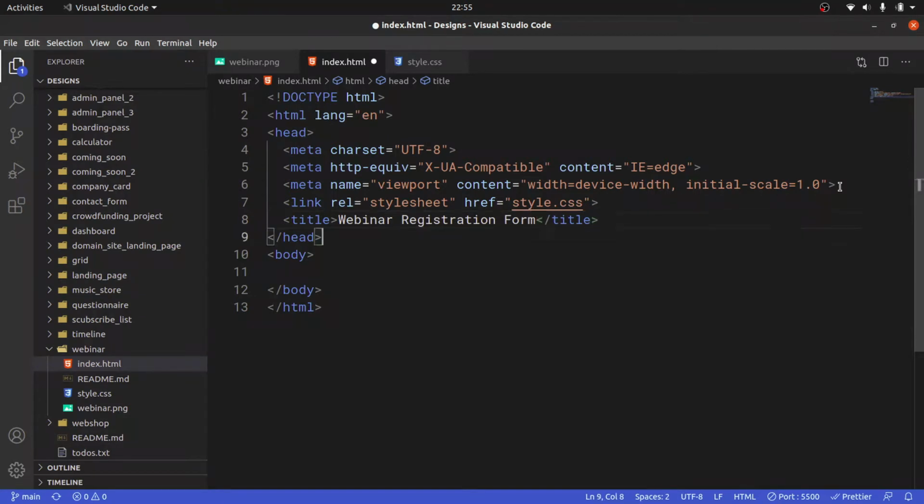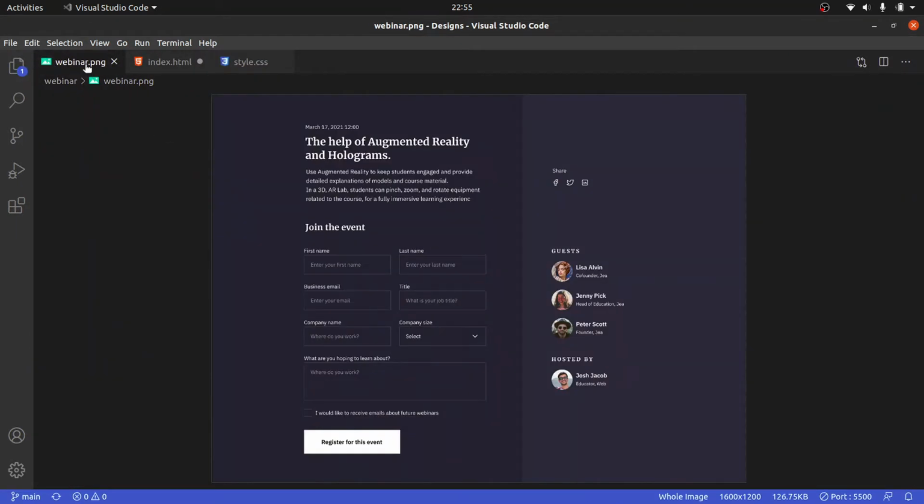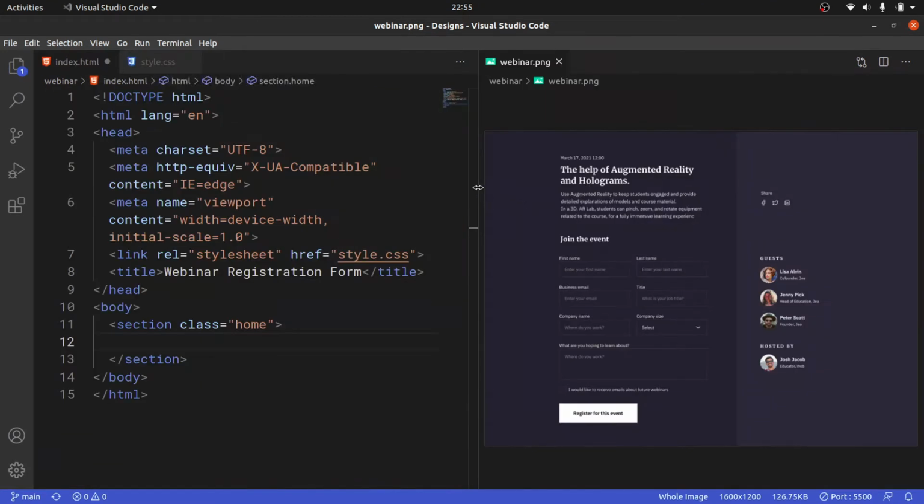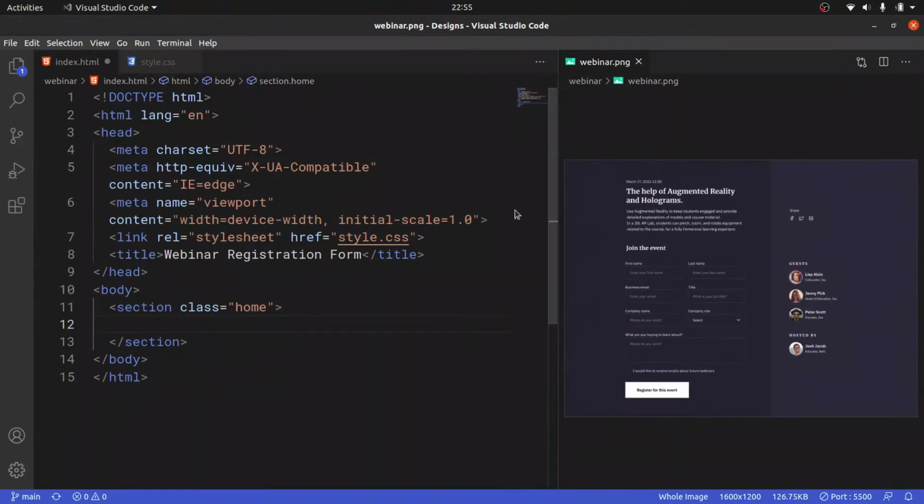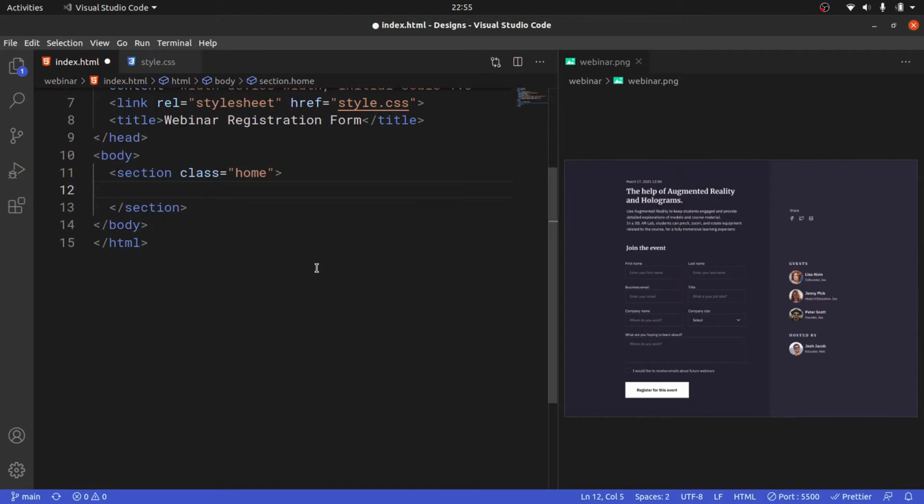registration form, like that. And then inside here I'm going to have a section with a class of probably home, for example, and then I'm going to close this and open this up to the side like so. And then I'm going to say